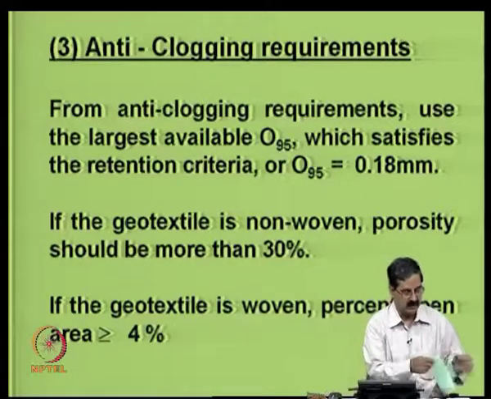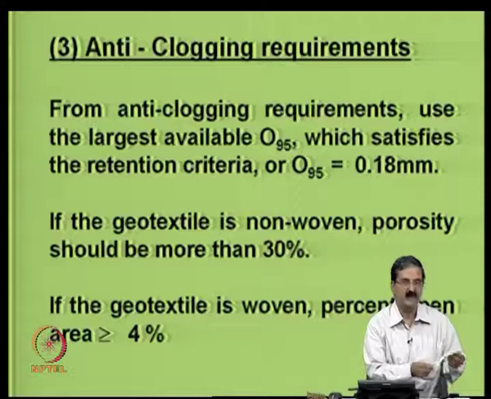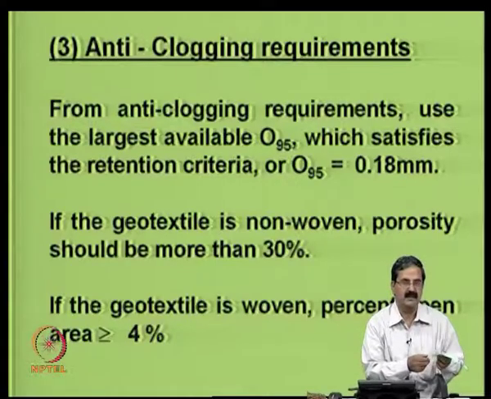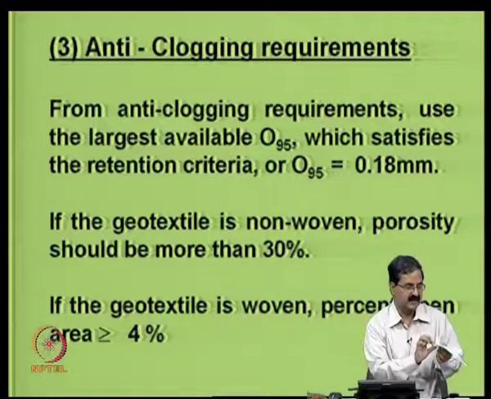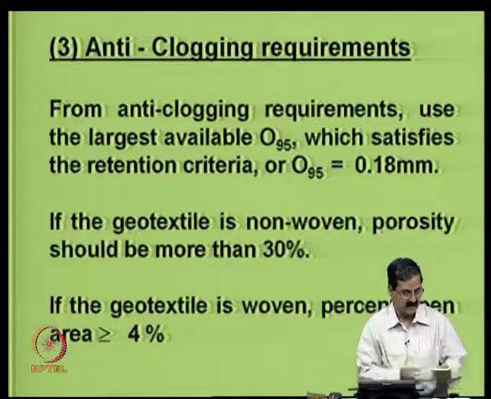they give permittivity. Permittivity is nothing but permeability divided by thickness. Higher is the thickness, say for example, you have different thicknesses here. This is a thicker one, this is a thinner one, this is much thinner and all that. So, the K value divided by the thickness will give you the permittivity.